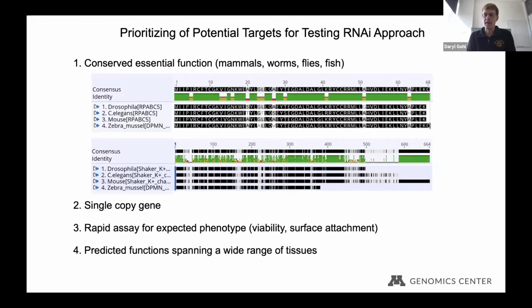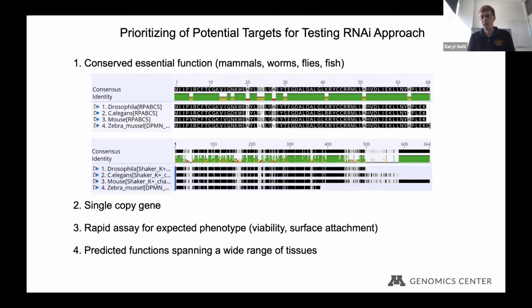We know from studies in other organisms that it's a component of the RNA polymerase II complex, a protein complex that's required for expressing any gene from the genome. So it's involved in a very basic cell biological process. We thought this would be a good target as an initial test, because if we can really knock this gene out or knock it down, the animals really should not be able to survive that manipulation. We also looked at other gene targets, and some of these are less conserved. The second example here is a Shaker potassium channel. It's a gene that's required for nervous system function.